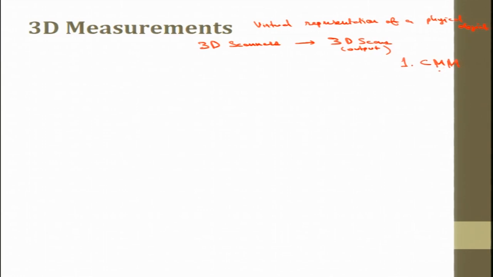Coordinate measuring machine. In this, arms can be equipped with either fixed probe or touch trigger probe heads. It is also possible to mount a 3D scanning head on the CMM. So, we will discuss this. There are many advantages: many different tools can be mounted on portable CMMs, making it possible to easily integrate scanning and probing.